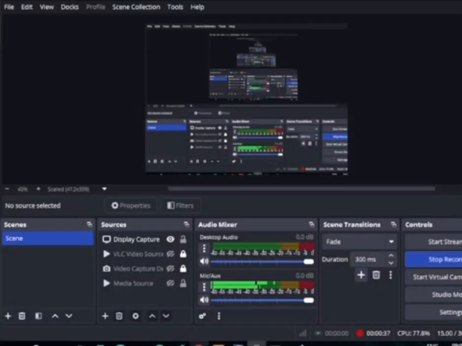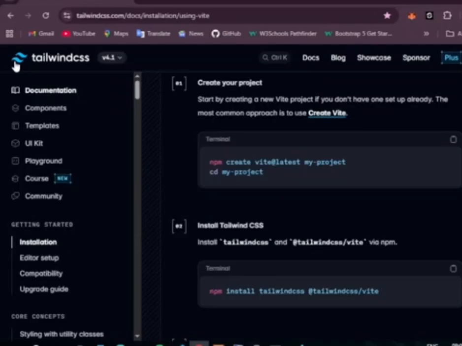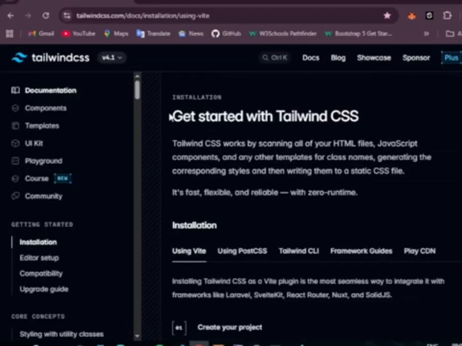So the first thing you have to do is go to this website, the Tailwind CSS website, and make sure that you have version 4 at the top of it. Just after this Tailwind CSS, you see version 4.1. So after making sure you have that, we're going to go ahead and scroll down a little bit